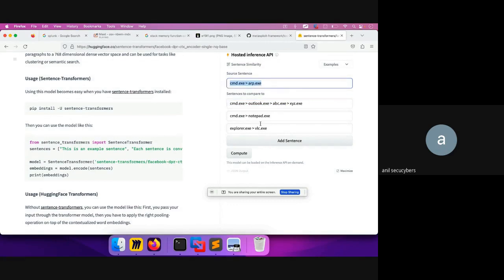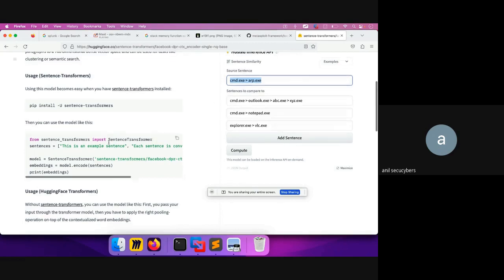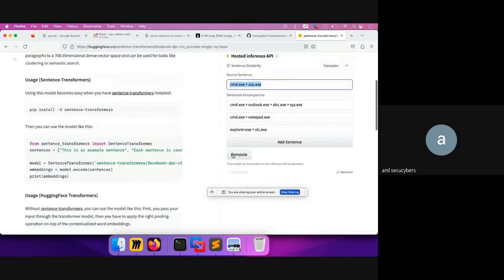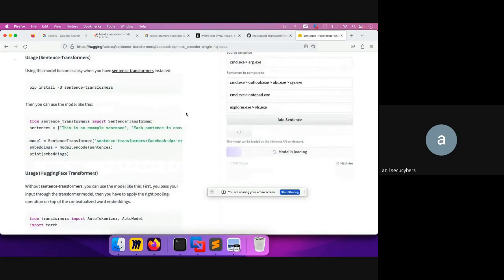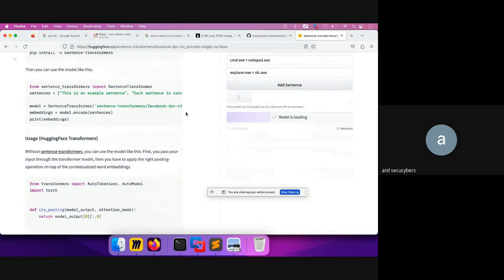Say there are more than 20 lakh lines over there, and you need to figure out what is the new thing that happened on that system. Using the sentence similarity score, I give this value to the sentences list, and if you execute that code, it will run. Let's see if it